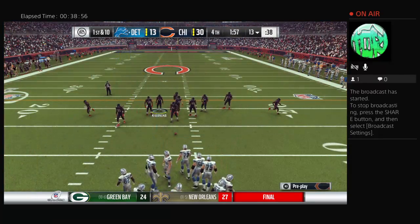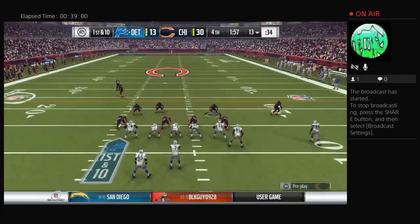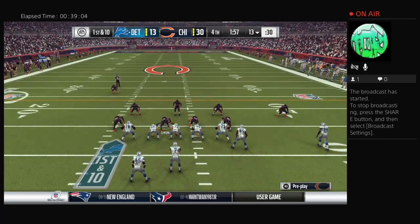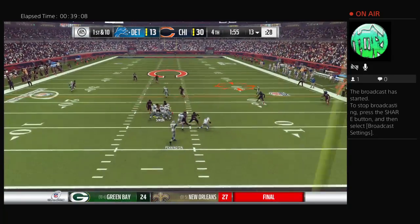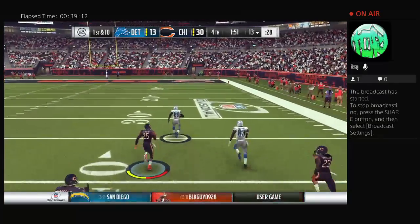So we were looking at each other up here in the booth when they went for that, saying, oh, wow, talk about trying to add insult to injury. Some teams are just like that. You know, some philosophies, some coaches are like, look, when I get a chance to put some more points on the board, I don't care what the situation, I'm going to do it. And they're also the same coaches as a...